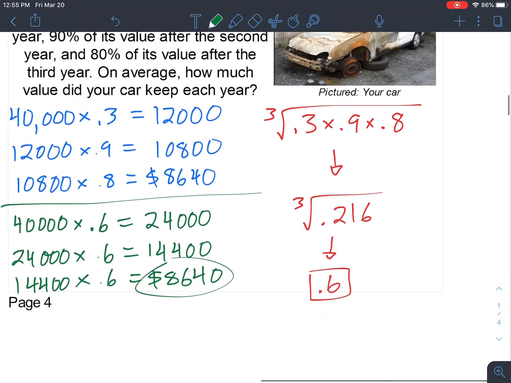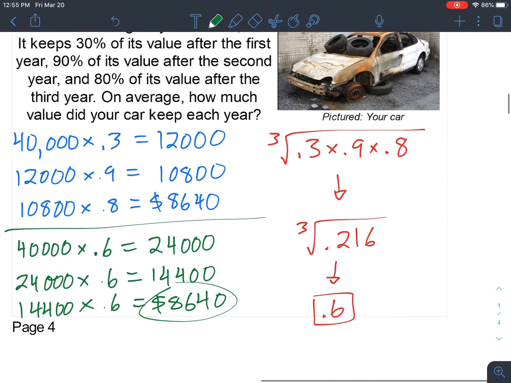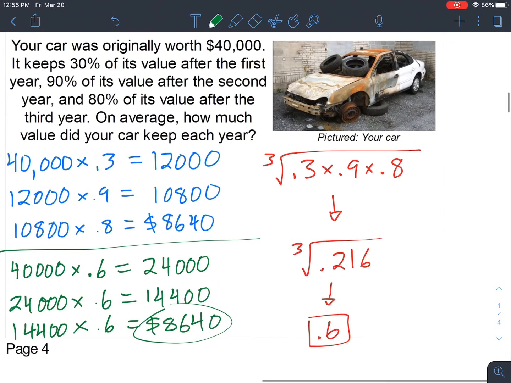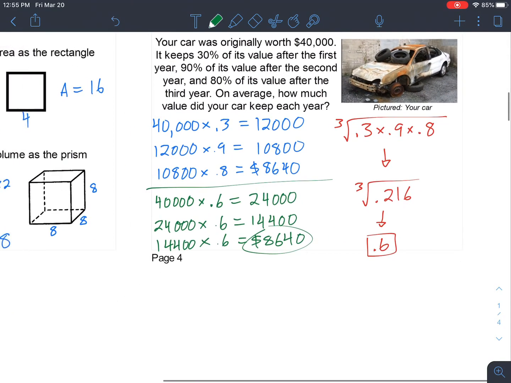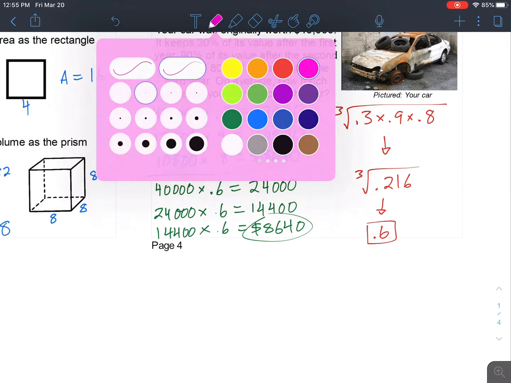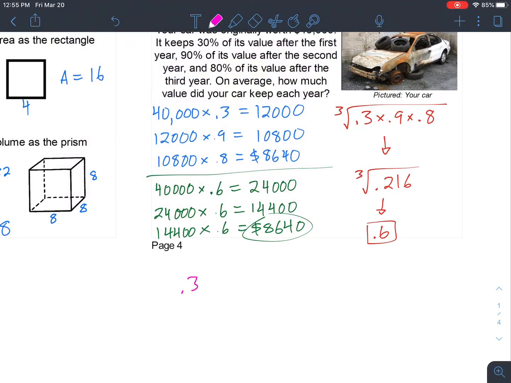Oh, I'm sorry. There's one more thing I should have shown you. Some of you may be thinking then that we could have just added those percentages together and then divided by 3 in order to get the same value. But I'm going to demonstrate to you then why that is not going to work. So we're going to start with 0.3 plus 0.9 plus 0.8, and we're going to divide that by 3. We're going to get 2 divided by 3, so this ends up being 2/3,